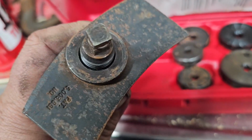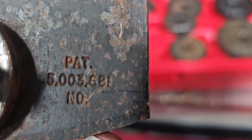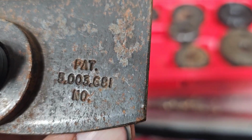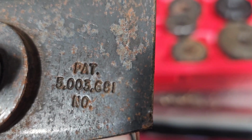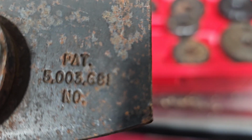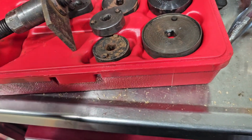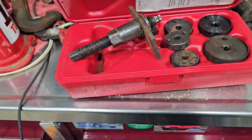I need to, wait a minute, there's a number. Let's see if we can see what that is. Now, that's just a patent number, but hey, you might be able to look that up, just by the patent number, and get the right tool. So, but you can see that, make that out. That's what it is. But anyhow, I need to get some oil on some of this stuff that's starting to